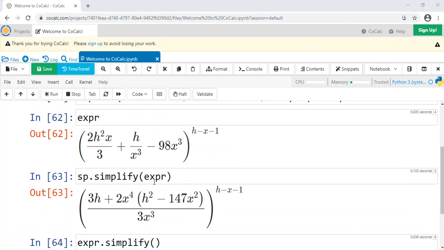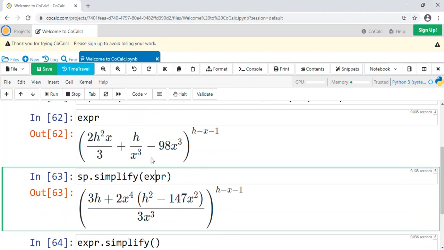And just like before, even with things like this, you can do substitutions, where you're substituting in something for h and then it'll solve for it. You can do all kinds of things. I just want to show you the different ways that you can manipulate these kinds of expressions.